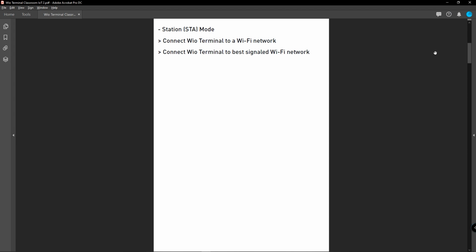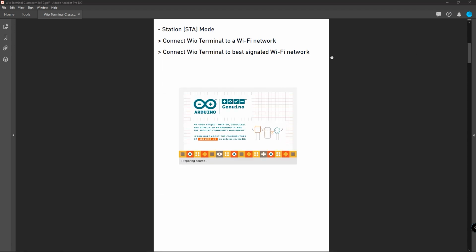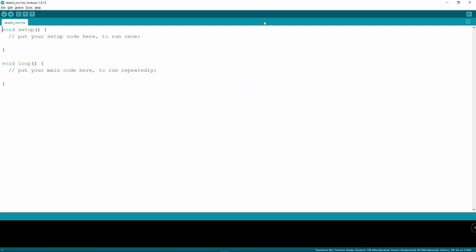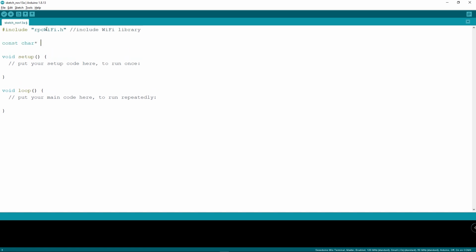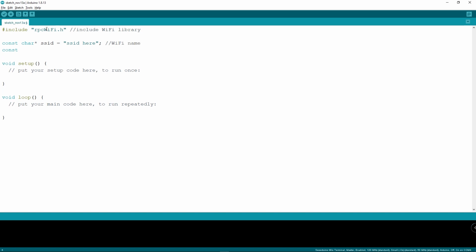Start by opening Arduino. Now let's start writing our codes. So first of all, we need to include the Wi-Fi library. Next, we have to set the Wi-Fi name and the Wi-Fi password of the network that we want to connect. So here I will come back to completing the Wi-Fi name and the Wi-Fi password after I have completely written all the codes. So inside the setup, let's start serial communication first.